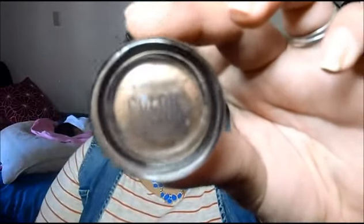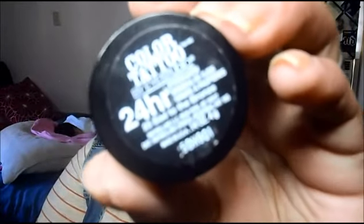And then these 2 cream shadows, or cream powder shadows. One of them is the Maybelline Color Tattoo. I love my Color Tattoos, all of them, but the one that I would definitely repurchase as soon as I run out is this Back to the Bronze. Love it. It's a great base, and it's also a great color